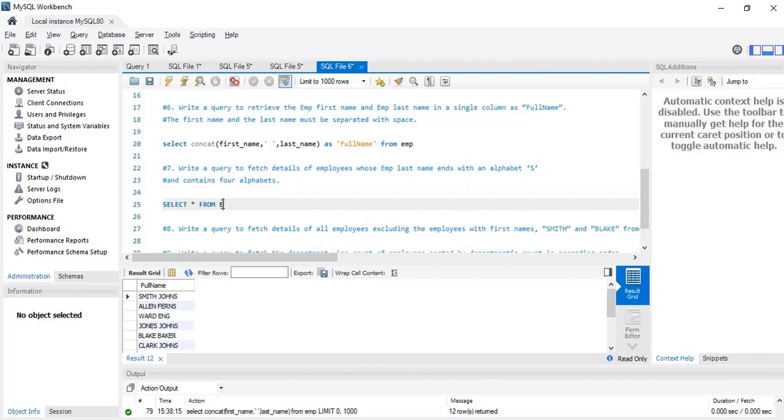So select star from EMP where last name like, it needs to have 4 characters only. So 1, 2, 3, and the last character has to be S.